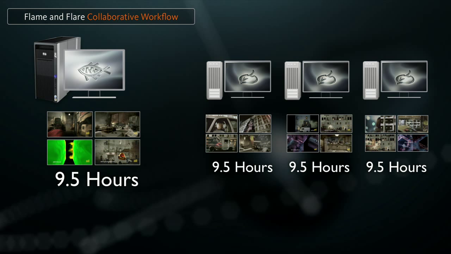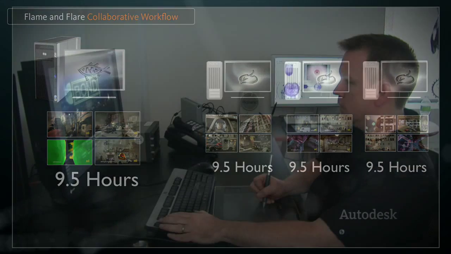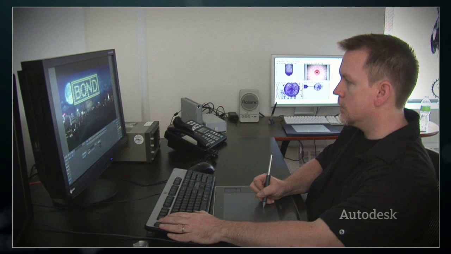Now, it's not going to exactly break down to 9.5 hours to figure out every little bit and piece of each of these composites. But again, the idea is now you're spreading it across multiple workstations and really getting through that job faster. So if you're in a facility, this is a great way to really take on more work or to maybe get through a tough job faster. And you know, this idea of expanding capacity is exactly what motivated Bond Edit in New York to purchase Flare